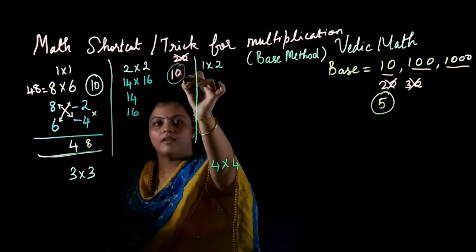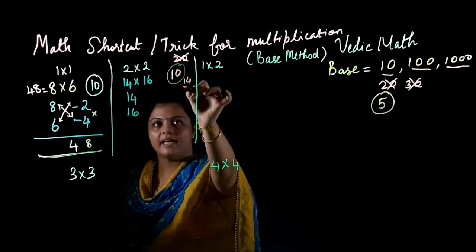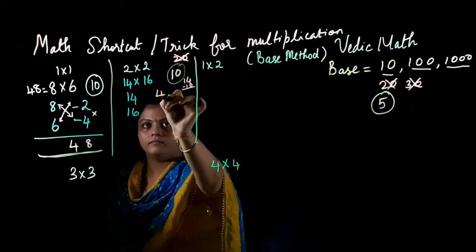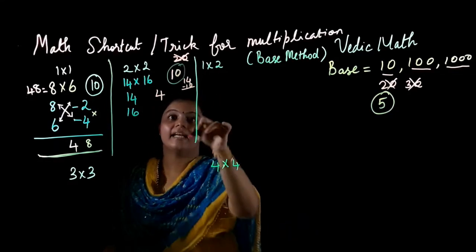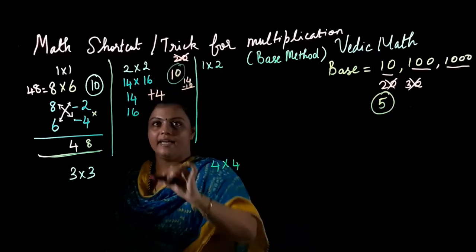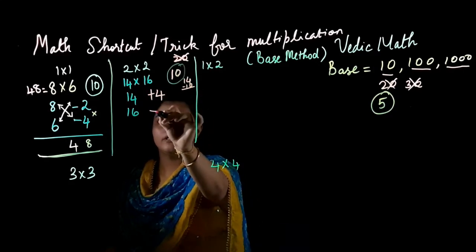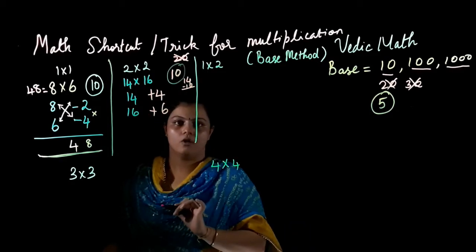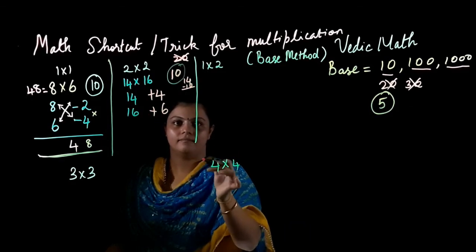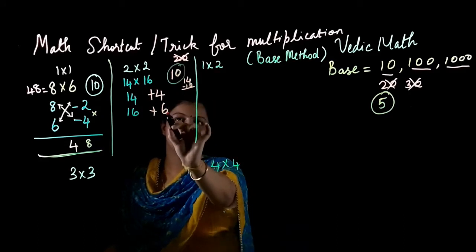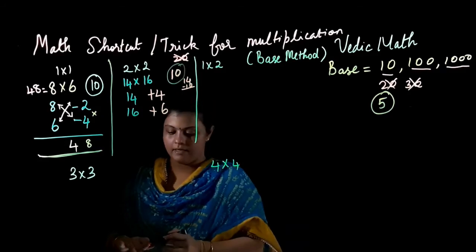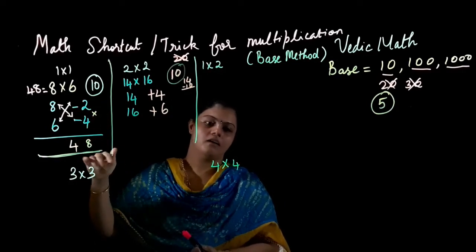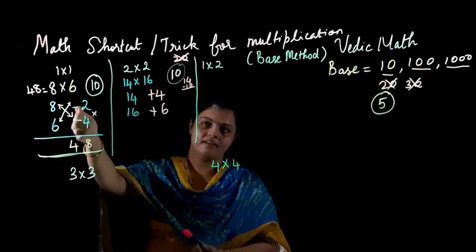So from 14, if I subtract 10 manually, I will get the answer to be 4. Right? So it is greater. And here also, 10 plus 6 is only 16, so here also it is greater. Because it is greater, I am writing the plus sign and plus sign here. Now I think you would understand the difference between why we gave a minus sign here and why we are